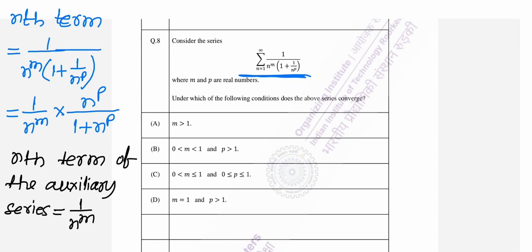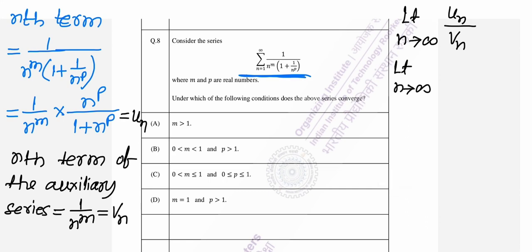And now let this be un and this be vn. Okay, now we find the limit as n tends to infinity of un by vn. Then this will be the limit as n tends to infinity of n to the power p by 1 plus n to the power p. Now the value of this limit will be 1